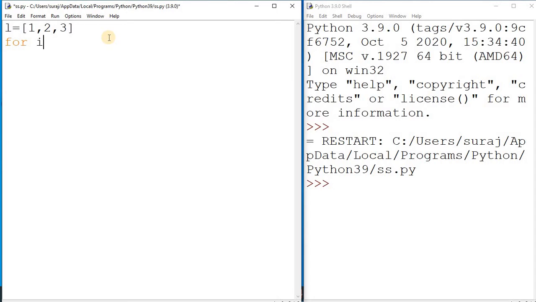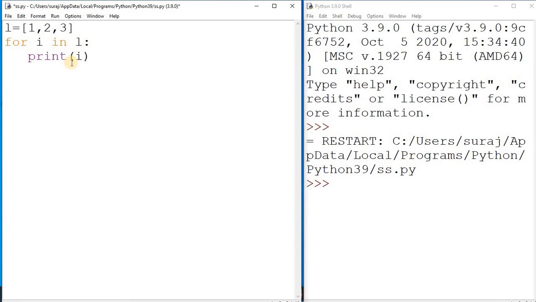Now I am taking one more variable, I, in L, with a colon, and then there is a row of indentation. For printing this value I am going to have print, and here you have to use the variable I. It means whenever you have the for loop, it takes everything in one statement, showing the value of I from L.